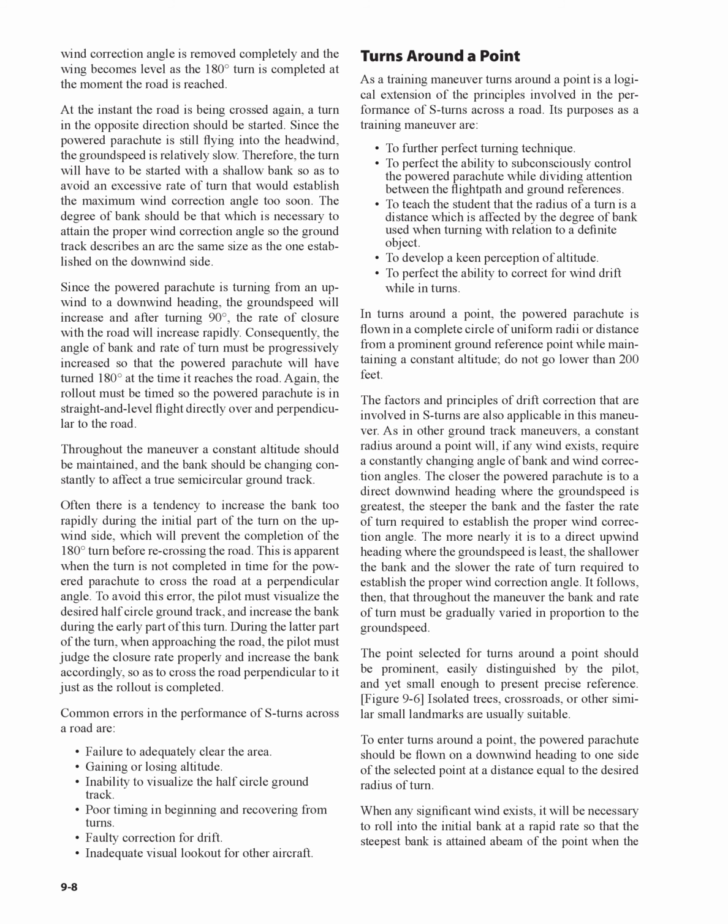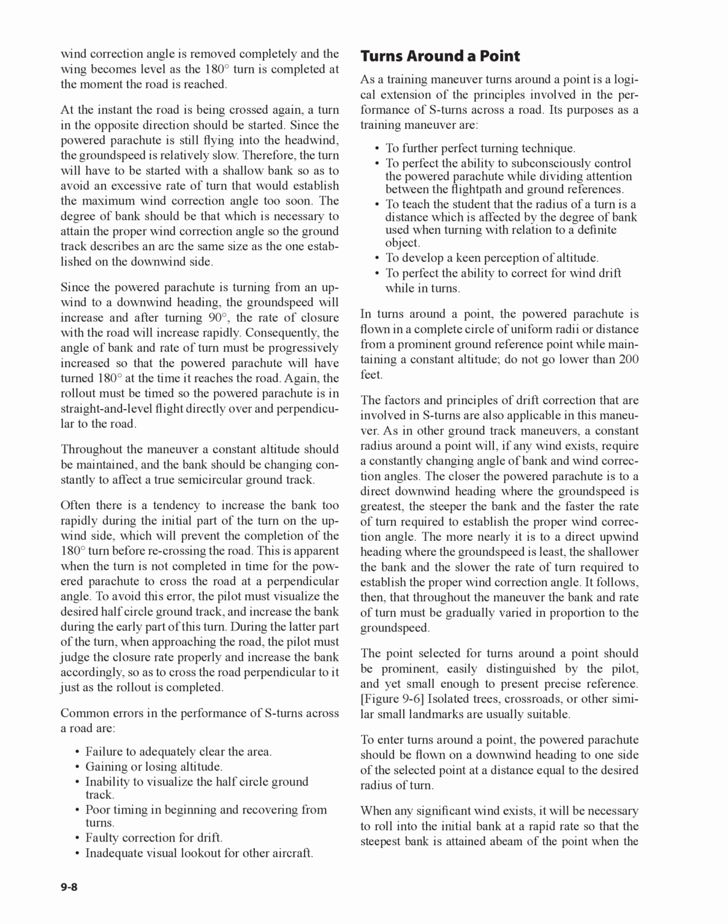Turns around a point is a logical extension of the principles involved in the performance of S-turns across a road. Its purposes as a training maneuver are: to further perfect turning technique, to perfect the ability to subconsciously control the powered parachute while dividing attention between the flight path and ground references, to teach the student that the radius of a turn is a distance which is affected by the degree of bank used when turning with relation to a definite object, to develop a keen perception of altitude, to perfect the ability to correct for wind drift while in